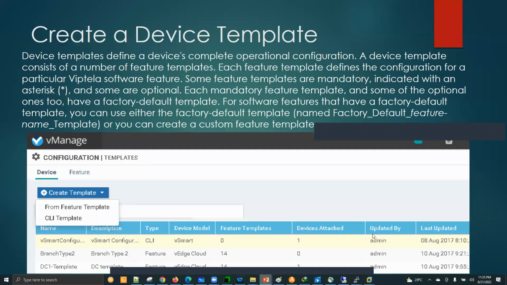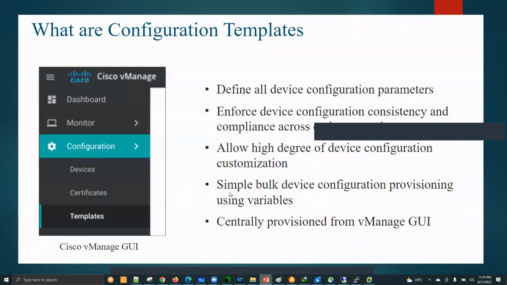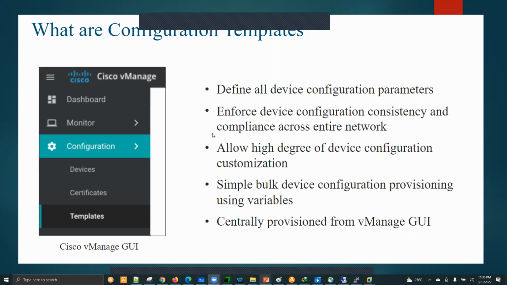Now you will understand about templates and feature templates. But again, if you do the lab, if you do hands-on from your side, you will understand more. Basic templates, transport, service VPN templates, etc. Now let's check a little bit of theory and try to understand that. Define all the device configuration parameters, enforce configuration consistency, compliance check, high degree of